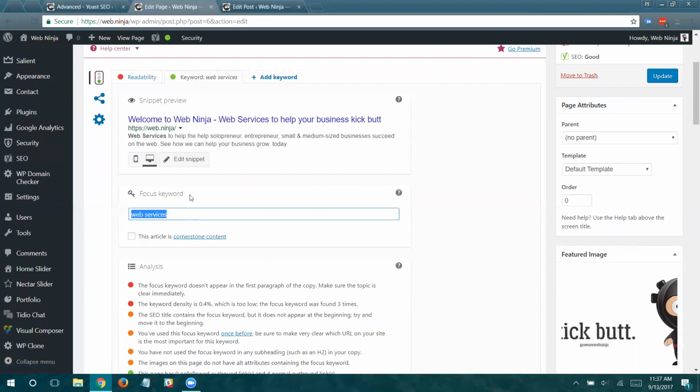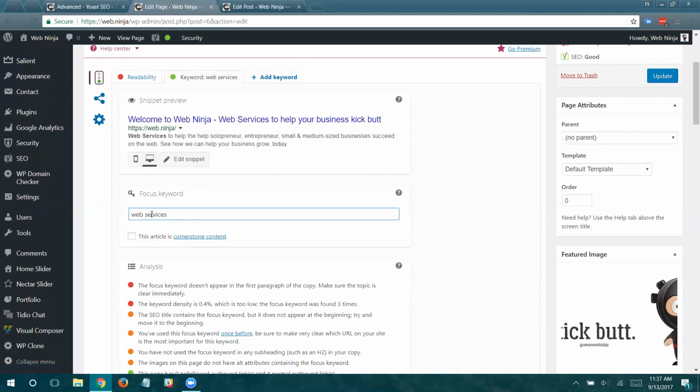And then once you put that in here, which here I've put web services, the plugin walks you through the process of improving the SEO for that keyword or phrase. So you type it in here. Right here, I want to focus this page on web services because that's what my website is all about.